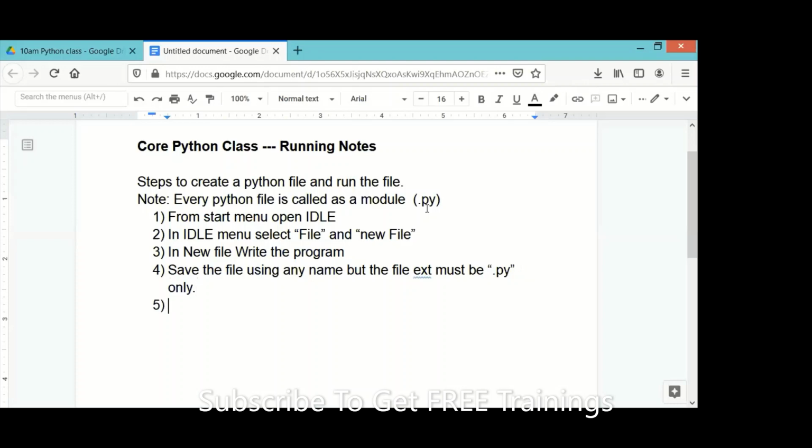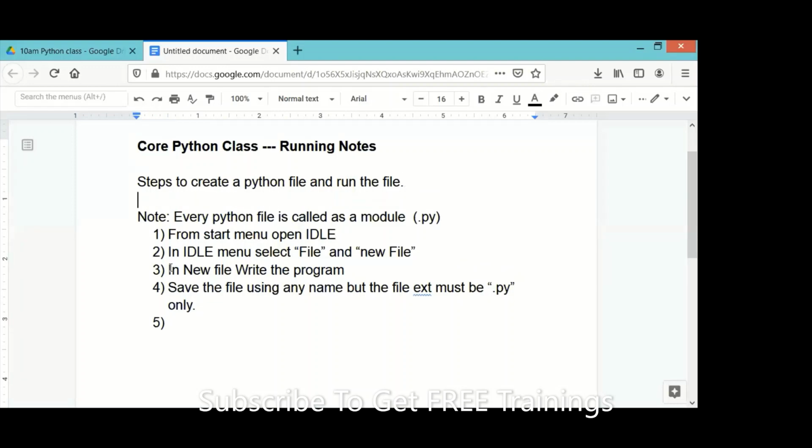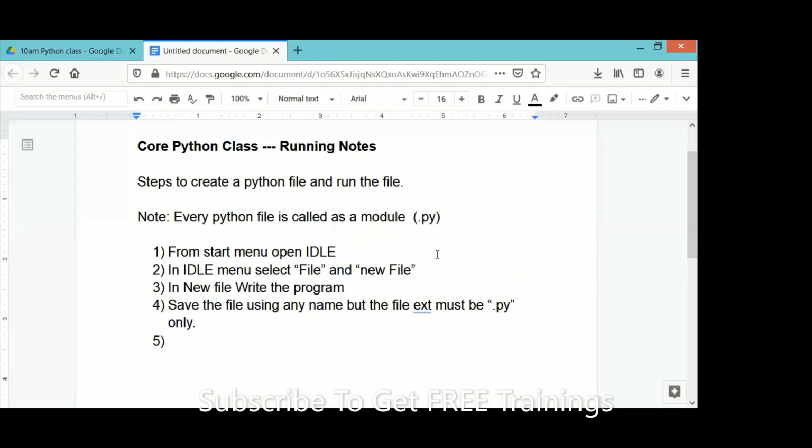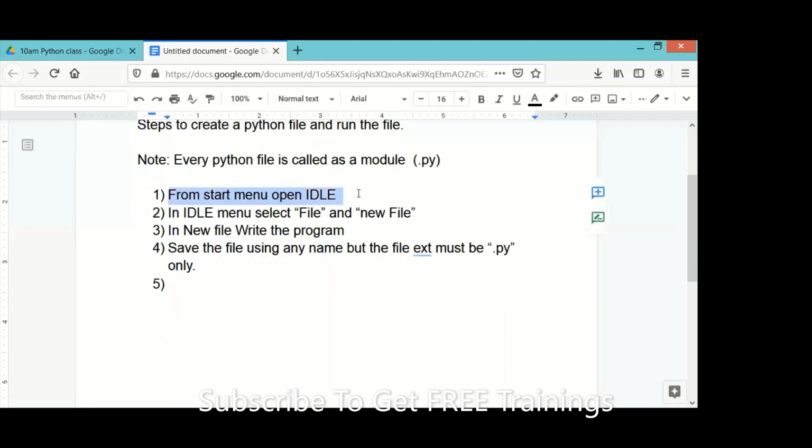I hope you are clear with the points. Simple points, guys. Open IDLE, go to the menu, select New File, write the program and save the file. While saving, you have to use .py. And one more point I want to suggest: while saving a file, save it properly in a proper destination.